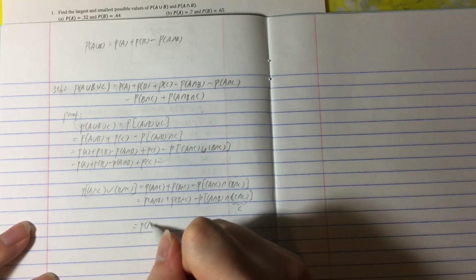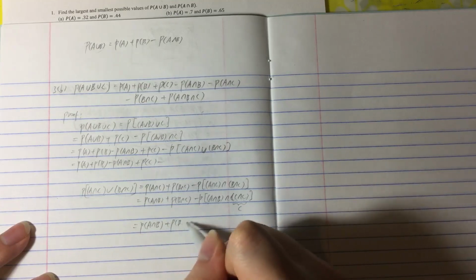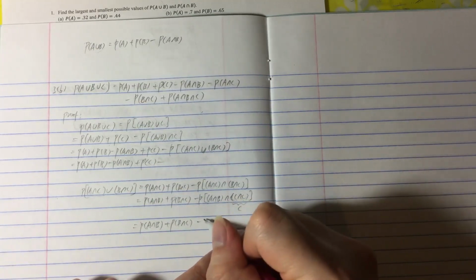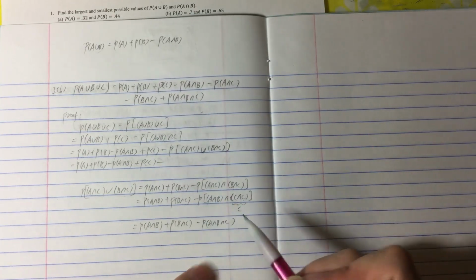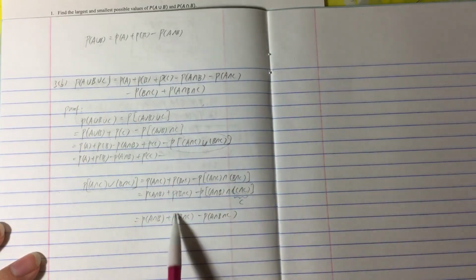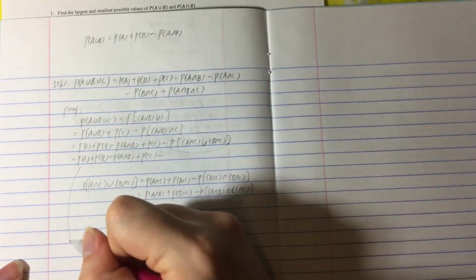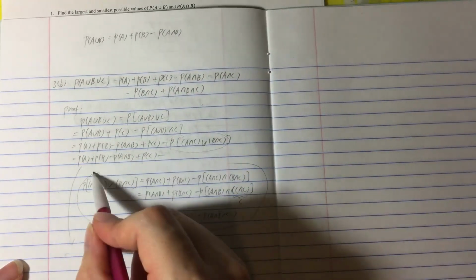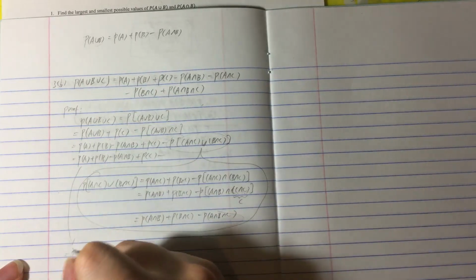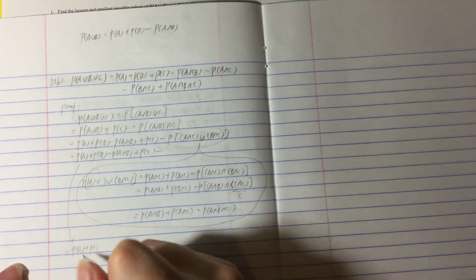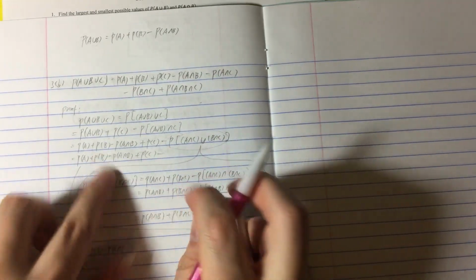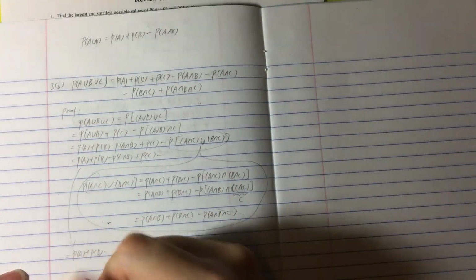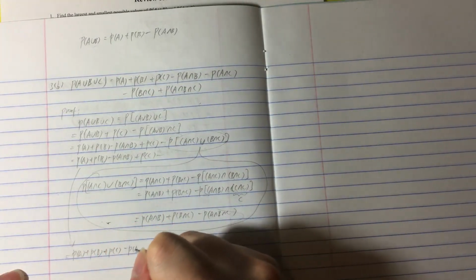So together we have probability of A intersection C plus probability of B intersection C minus probability of A intersection B intersection C. So the last part here is equal to this. If I bring this down, we have probability of A plus probability of B minus probability of A intersection B. Then we switch these two sets, put C in the front, plus probability of C minus